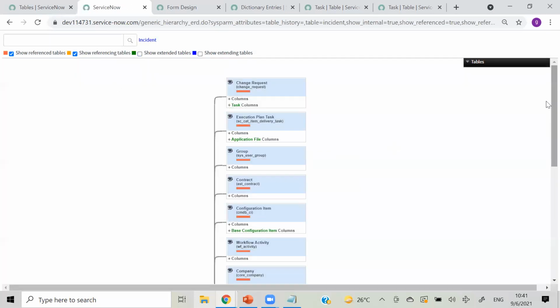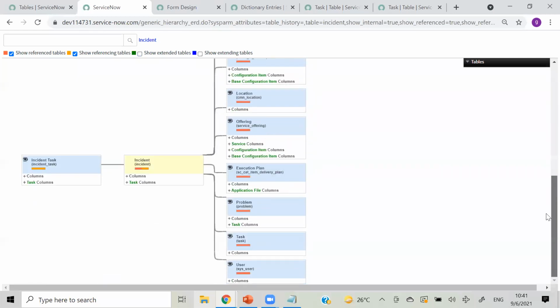Now I have the incident table, and then this user table because we have fields on that table, that is caller and assigned to. Then we have a task table because we are using some fields from it, like created by, created, all those things, right?